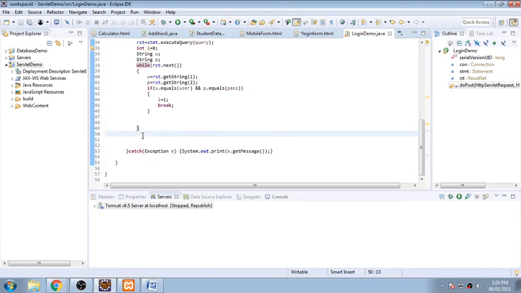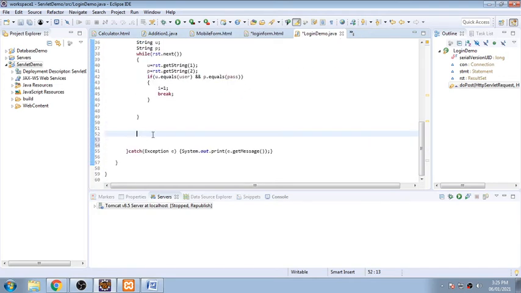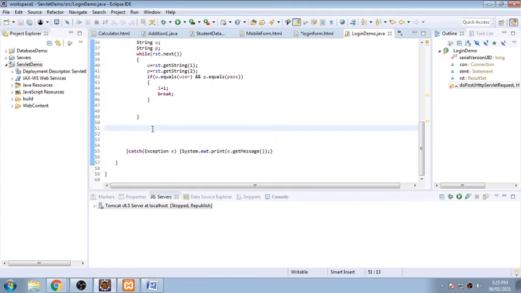So let us check the logic whether it is working or not. We also need to check whether this value is 1 or not.